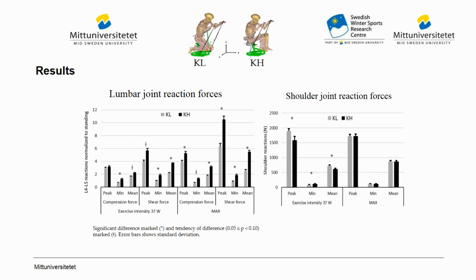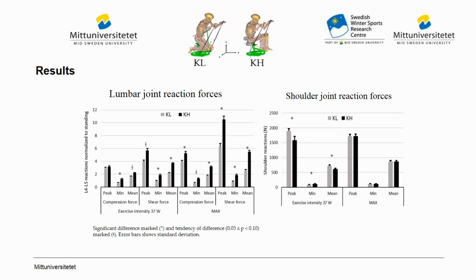For the shoulders, we hypothesized that larger spinal flexion would induce higher shoulder joint reaction forces, and that would then be in KH, knee high. But actually the opposite was shown. The KL position, the gray bars, showed larger peak and mean force when power output was similar, as in 37